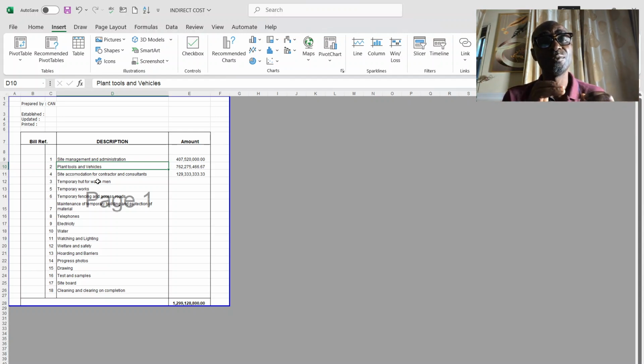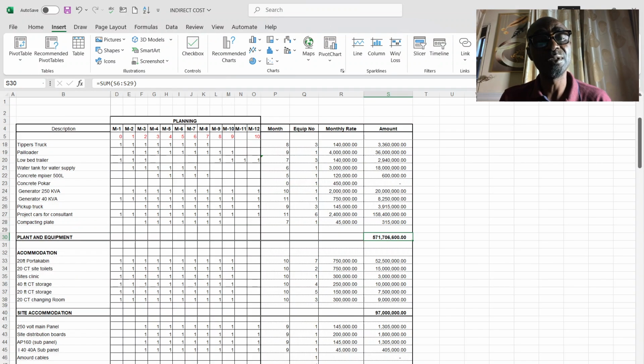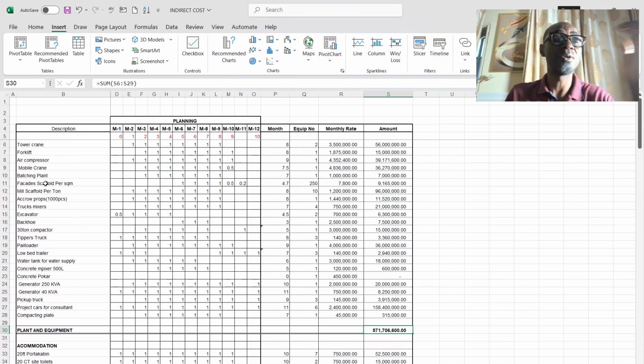If you deploy something that gives you lesser capacity than what you have planned to achieve daily, definitely the activities will drag beyond the 9 months that you have planned. So having said this, I will be opening the sheet that shows all the equipment